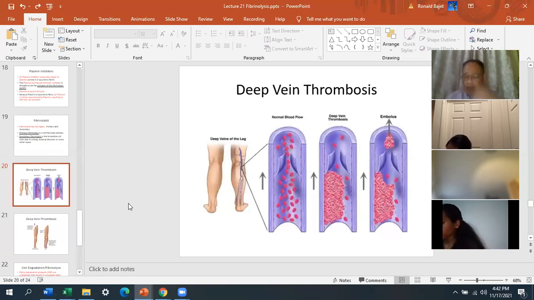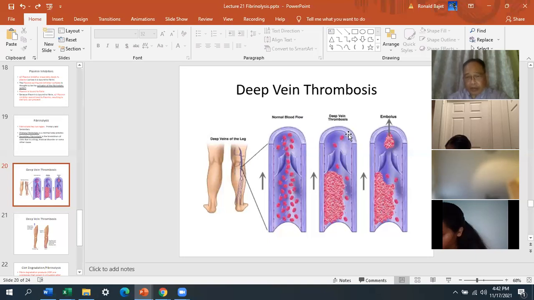Okay, DVT, I talked about DVT last time too. So a person has varicose veins, right? These large veins here, they're engorged. So you have normal blood flow here like this. But in deep vein thrombosis, what will happen is the platelets will accumulate. That's why thrombosis, it's the platelets that are doing this. So the platelets will accumulate and cause the veins to enlarge. And it'll enlarge to the point where